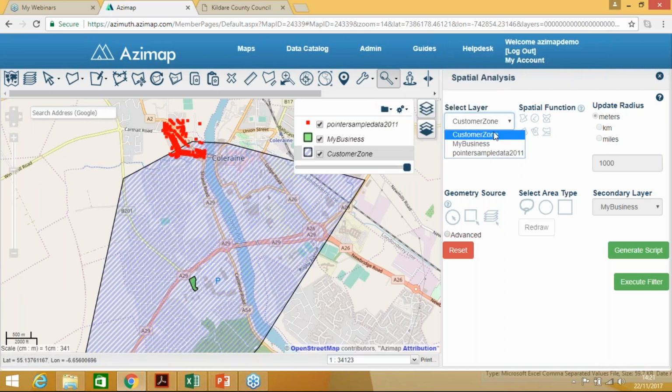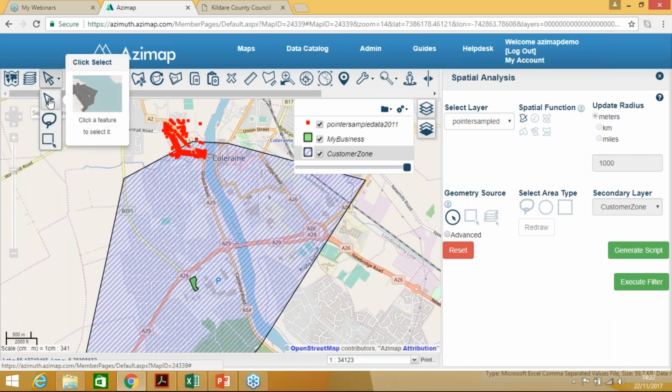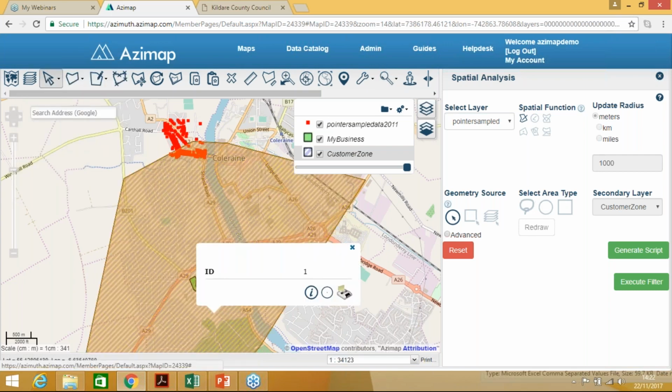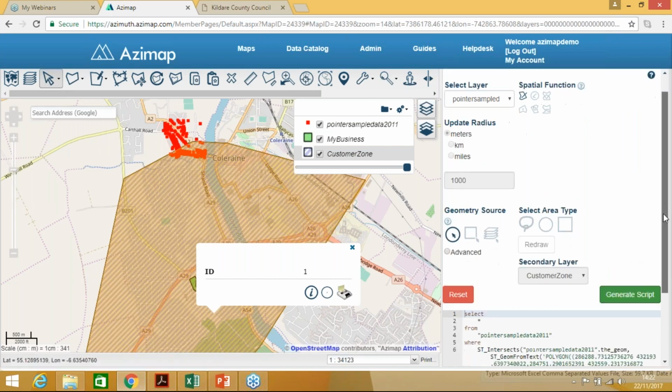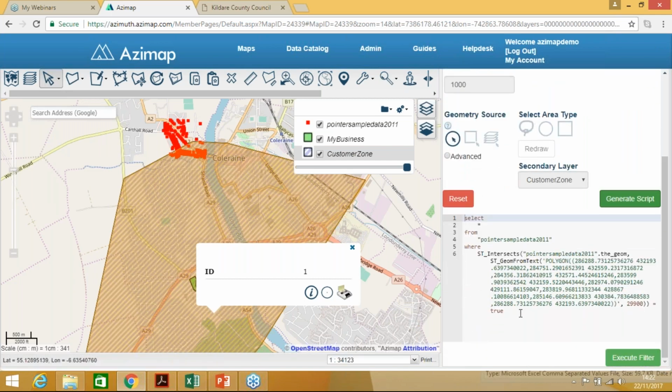So I want to retrieve here a list of addresses, so I'll choose my pointers layer, and I'm going to perform an intersect query against the data. So I want all the addresses in my pointers address data layer which intersect, by choosing this tool, a selected feature. So I'm going to select this big polygon, switch my selector on, which is my zone. And I click Generate Script. And you'll see what this does is dynamically create the SQL query, which will perform the spatial query against the